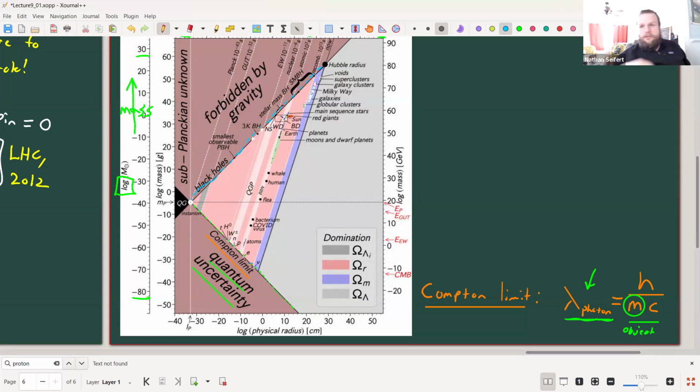And then there's this other side, the large limit, this y axis, which is black holes. If you have a mass, if you have density even higher than this, it collapses in on itself. Okay, so this gives us, in some sense, an energy size limit on both scales: the large mass, large distance limit, and the small distance, high energy limit. Right, so this is quantum mechanics. This is basically where wavelengths are oscillating so fast that calling it matter is irrelevant. And up here, gravity doesn't let you do anything. Okay, so everything falls into this little region in between these two limits.